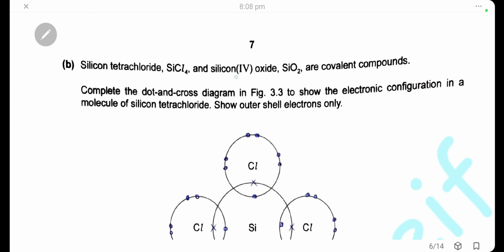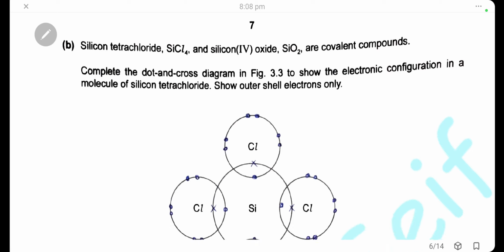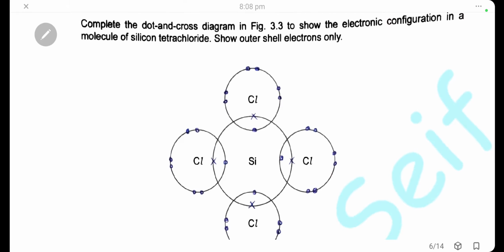Silicon tetrachloride and silicon 4 oxide are covalent compounds. Complete the dot and cross diagram to show the electronic configuration in a molecule of silicon tetrachloride. We have to show the outer electrons only. So here we have silicon in group 4, so it has 4 electrons in its outer shell. It will form 1 single bond with each chlorine atom, and now the silicon atom has 8 electrons in its outer shell, 2, 4, 6, 8,